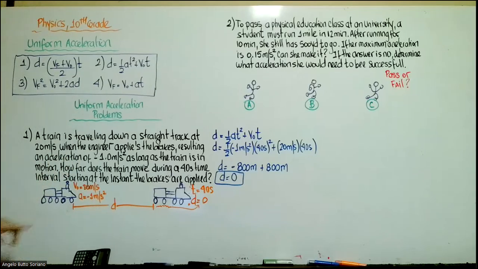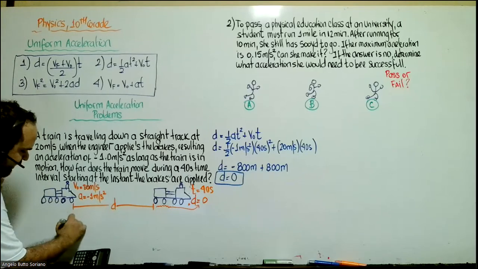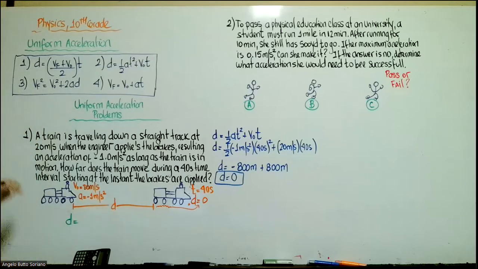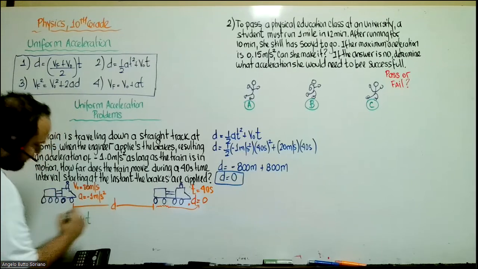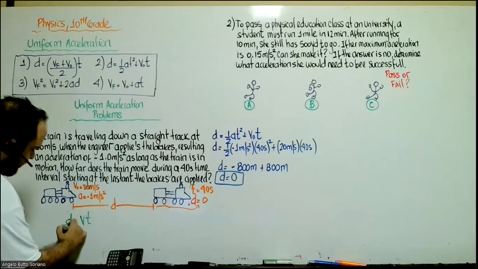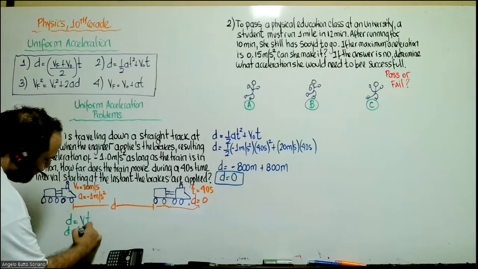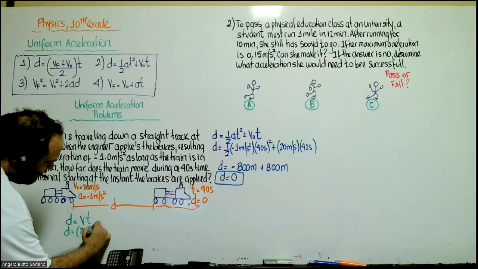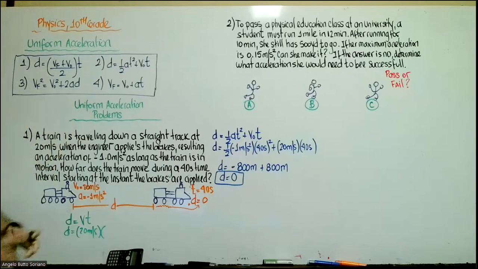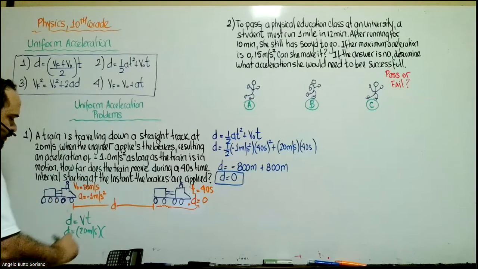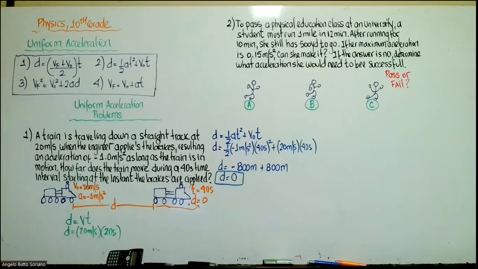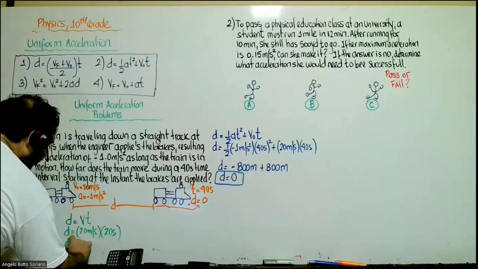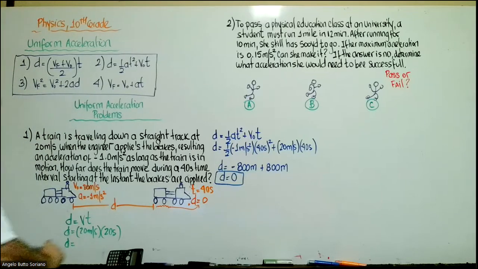For that reason, in the first interval, before applying the brakes, we can calculate the distance the train travels at the beginning, when it's traveling at 20 meters per second. Because it's moving at constant speed, the velocity will be 20 meters per second, and for the period of time we use the first 20 seconds. If we multiply 20 times 20, the first period of traveling time, that will be 400